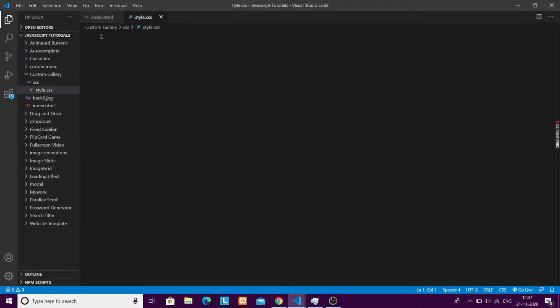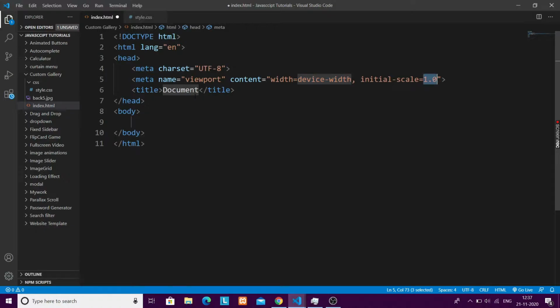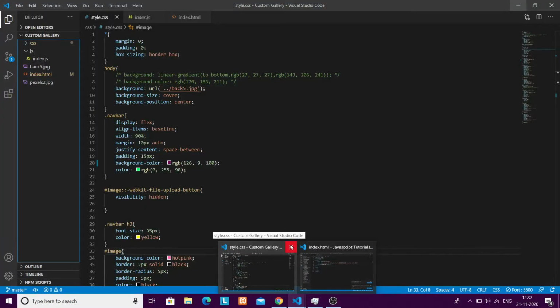Now, getting started, going to index.html, I am going to write control+1, and it will give a boilerplate code. The title will be Store Me. I have just given a random name, Store Me. For now, it has nothing to show in the UI. We will start